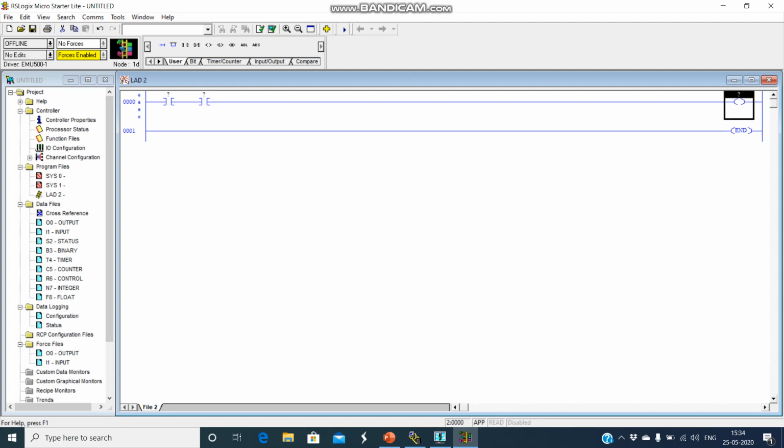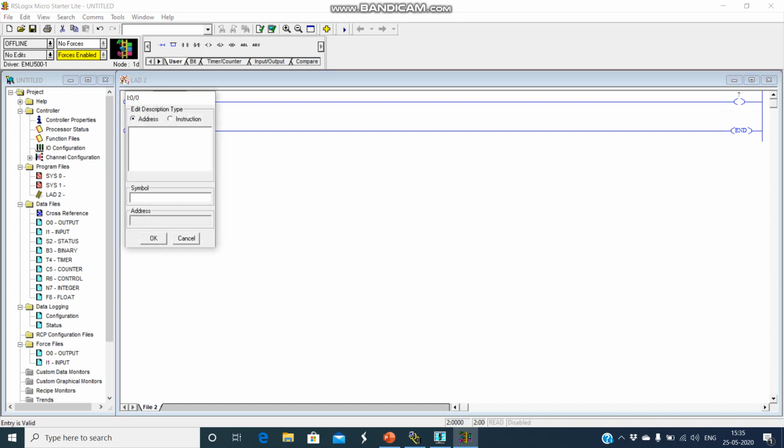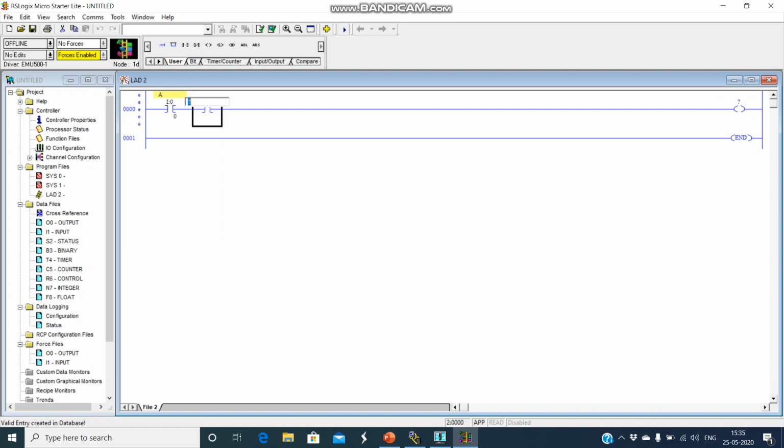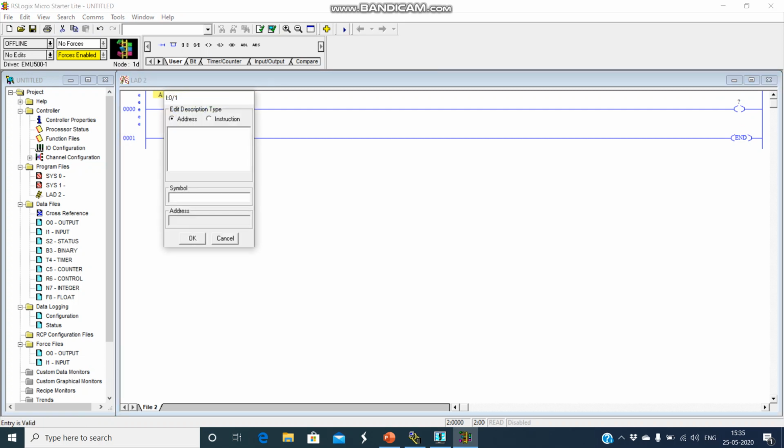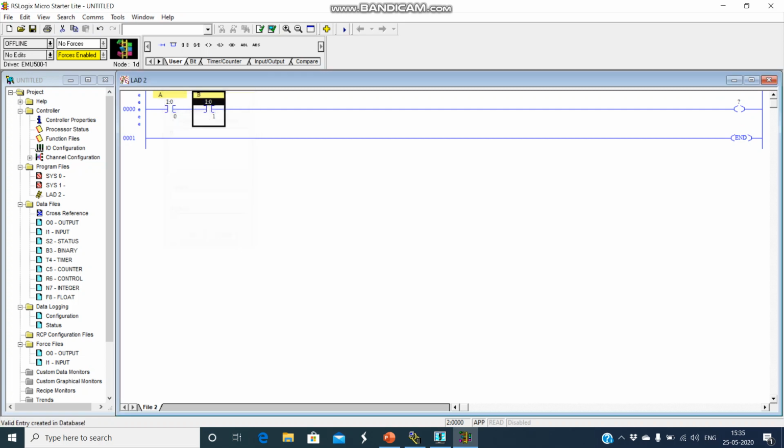Now the ladder diagram is ready, but we need to specify the addresses. We give I:0/0, so this will be your A. The second terminal is I:0/1, so this is your second input, that is B. The last part is your output, which you represent as O:0/0.